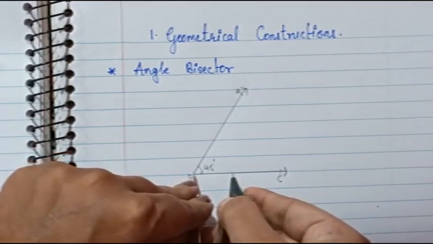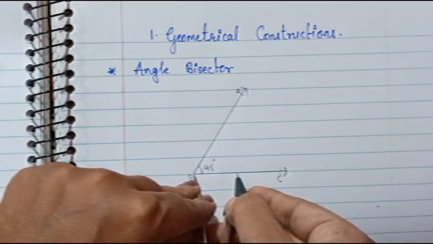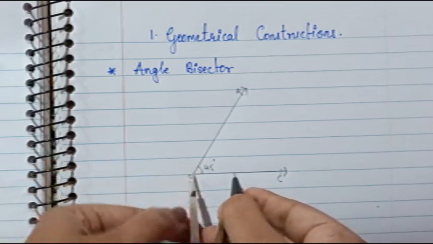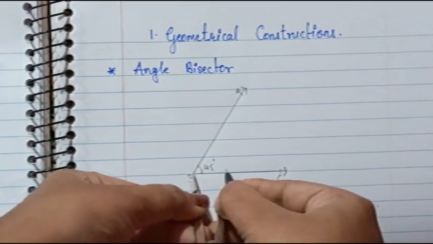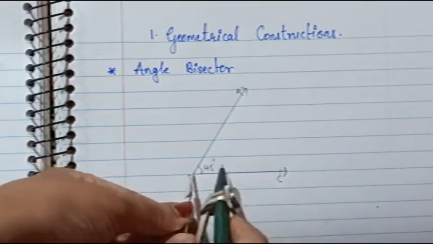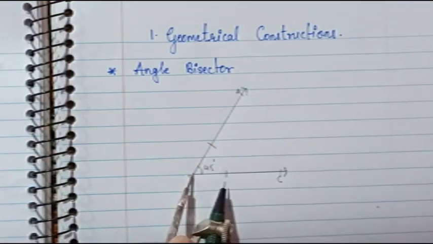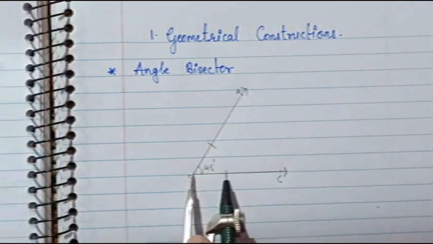Okay, आधे से भी कम लेना है. You don't have to take exactly half, or you can take less than half, but not more than half. Okay, you have to take less than half. So you have to bisect this from this side and from this side. Okay, from both the sides you have divided the sides of the angle.